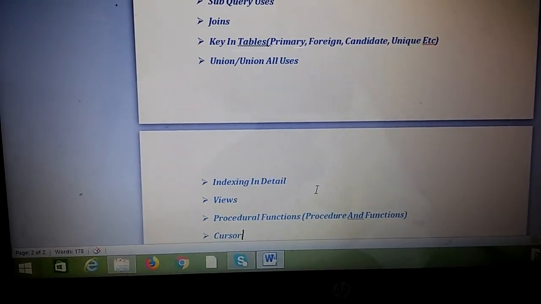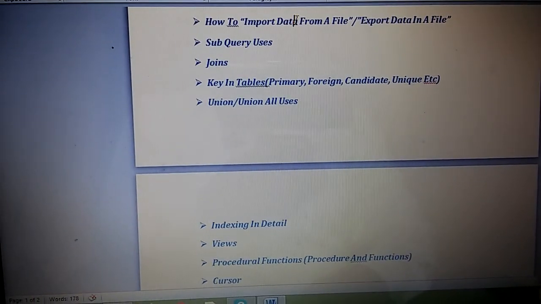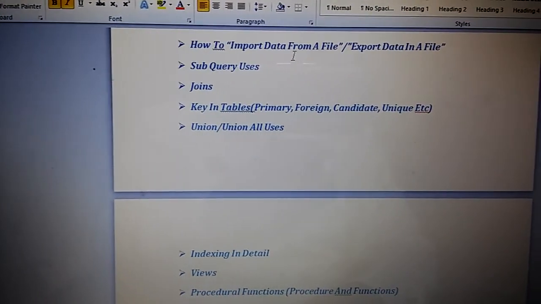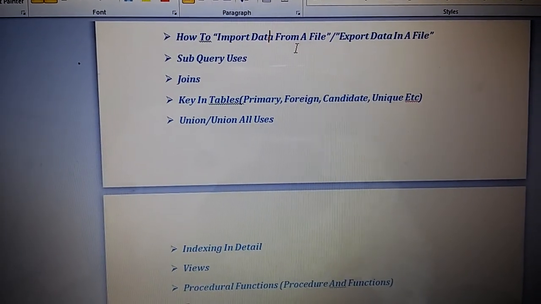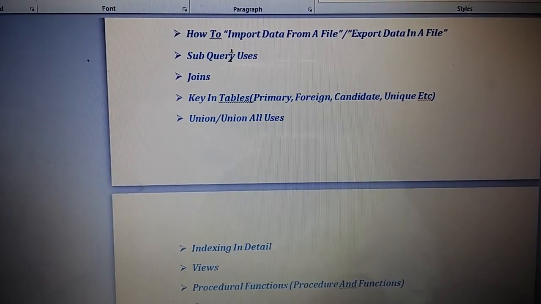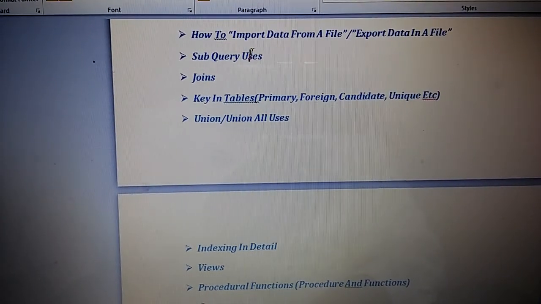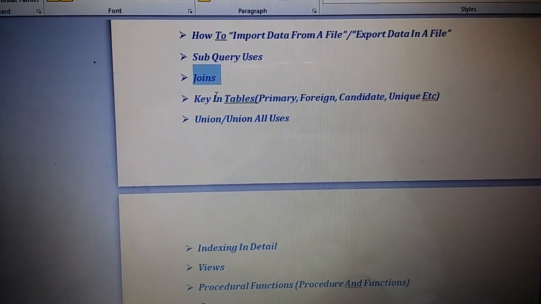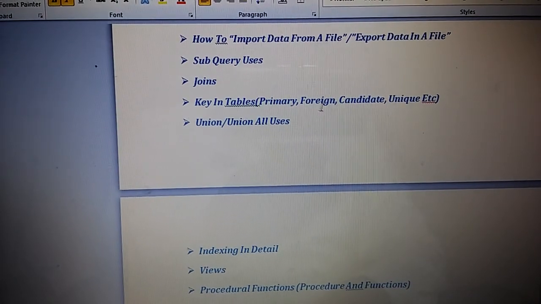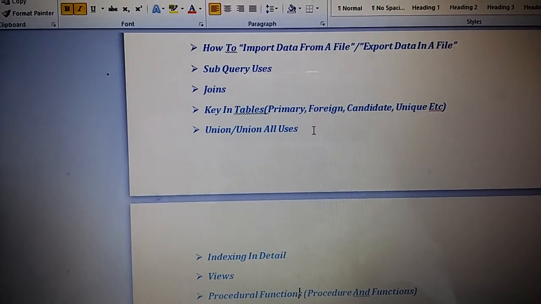Then how to import data from a file to a MySQL database, and then how to export data from MySQL to a file. Then we will see subquery uses with a complete example, joins, keys in tables like primary key, foreign key, candidate key, unique key, etc. Union and union all,